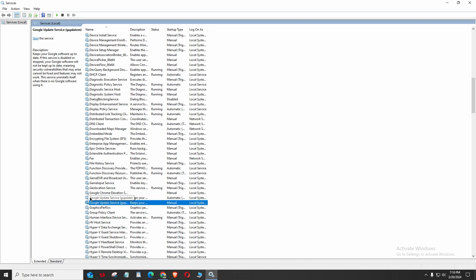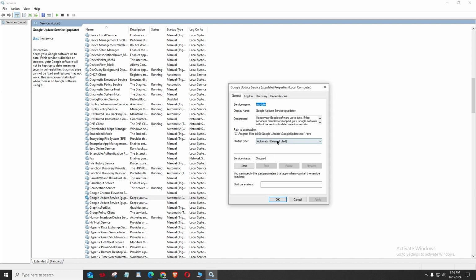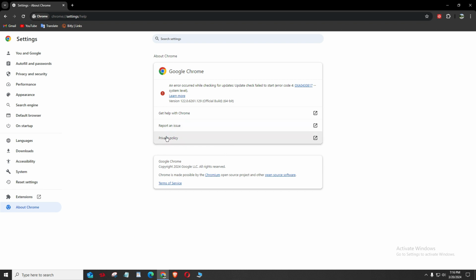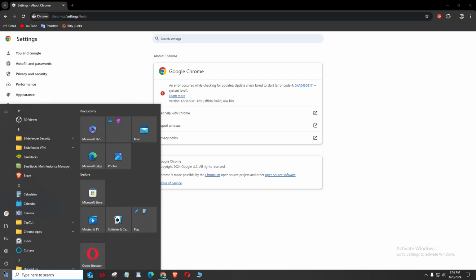And from here, as you can see, Google update service, double click on it and as you can see it's automatic delay start. Just I will select manual again and just click on apply and after that click on start and click on OK and again OK, and then from here you just close this and after that just restart your PC. Click on this Windows icon and from here you can